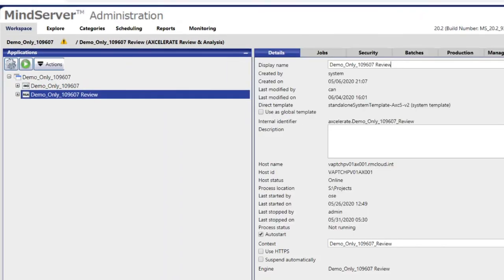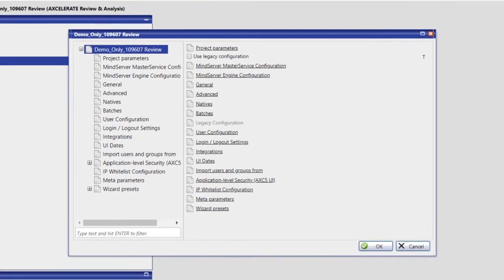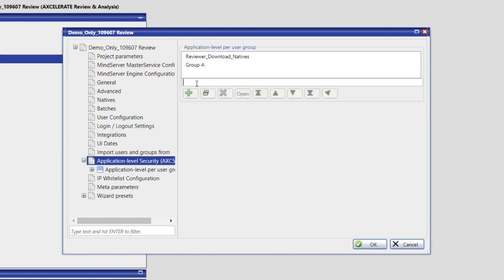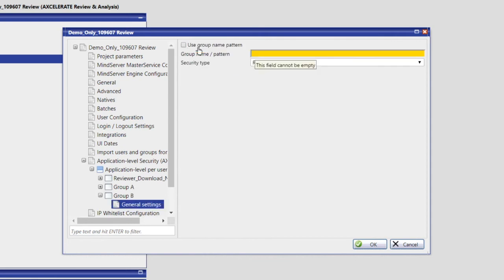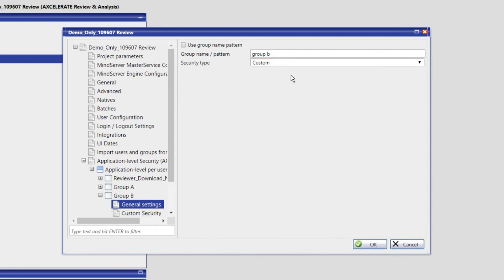Now let's repeat these steps to set up security for Group B. We reopen the application configuration, select the application level security node, input the group's display name in the application level per user group text box, click the green plus button, click on General Settings, paste in the user group ID for Group B, change security type to Custom, open the Custom Security node,